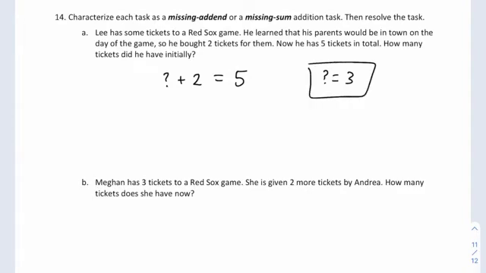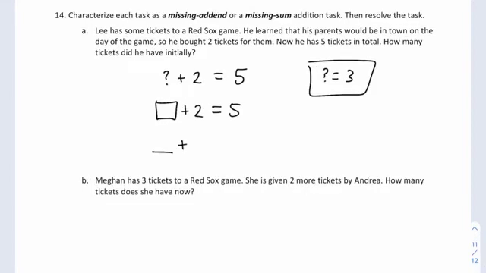He must have had 3 tickets, so that when he added 2, he would get 5. You can also do a box for the unknown and write it this way. Students will often see these kinds of worksheets, fill in the missing spot, or you'll see a blank like this. But in any case, we don't know how many tickets he had initially, but he added 2 to that, and then his total was 5. So definitely this is a missing addend